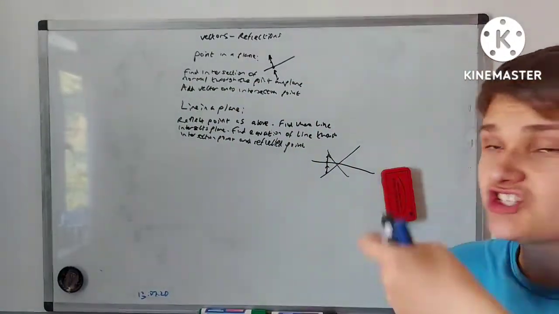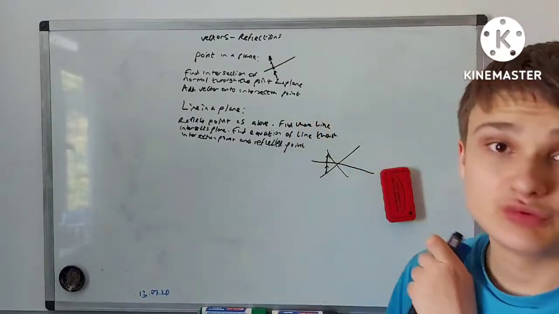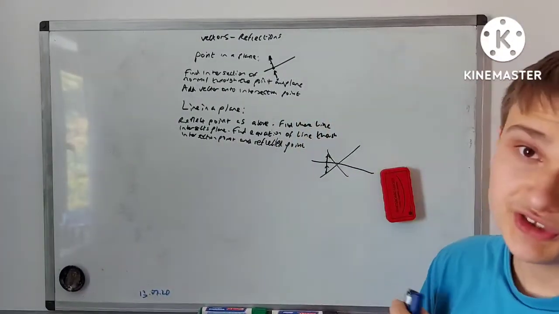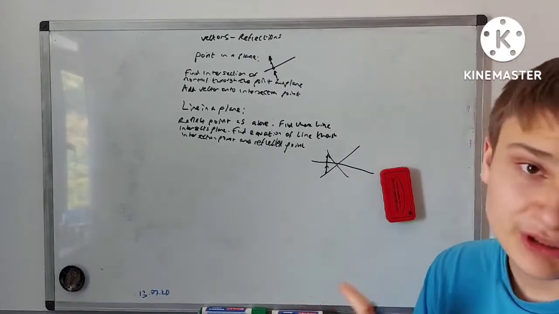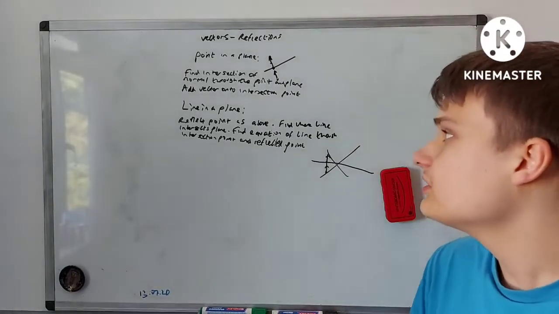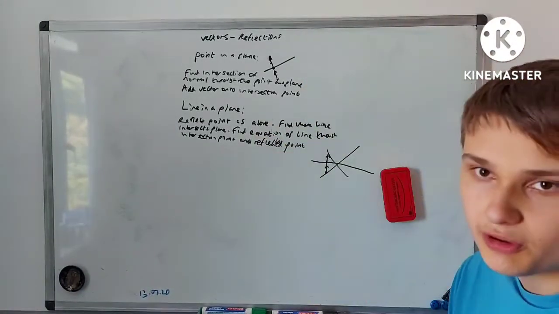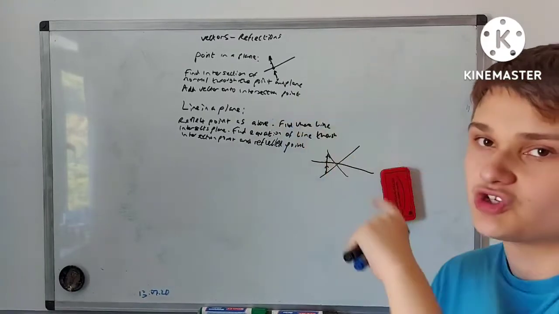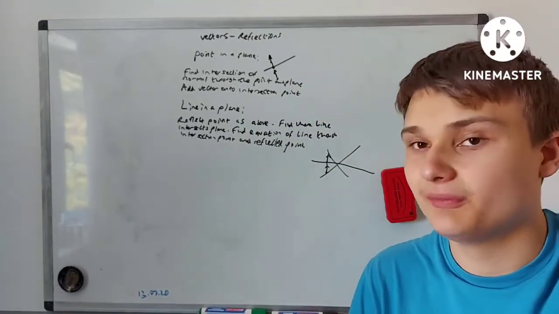For vectors and reflections of vectors, like for example a point in a plane or a line in a plane, this is what we do. So for a point in a plane, just as I've drawn in my diagram, we find the intersection of the normal through the point in the plane. This is reasonably simple. I'm going to add that vector that we've got onto the point of intersection that we found, which essentially will flip the point in the plane,